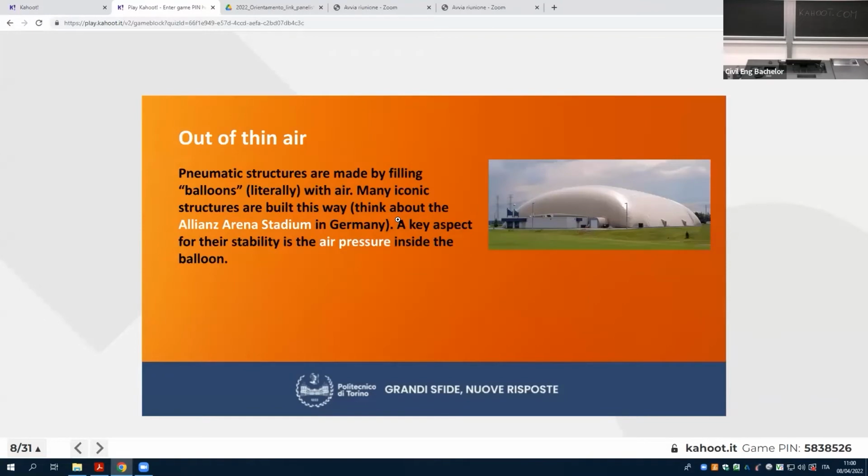I was saying air is not just a threat to structures, like we learned earlier on with the wind. It can be an opportunity. Did you know that we have pneumatic structures that are essentially balloons filled with air, like the Allianz Arena Stadium in Germany, for example? That's a very iconic structure. The question I have for you, when you design it, the air inside of the balloon,